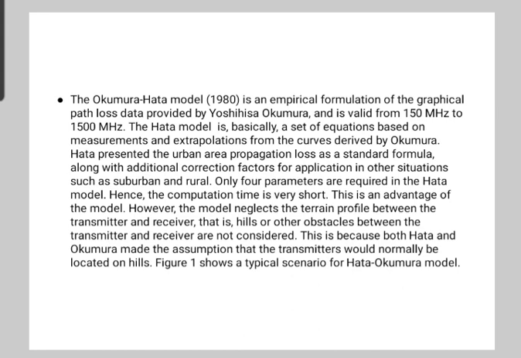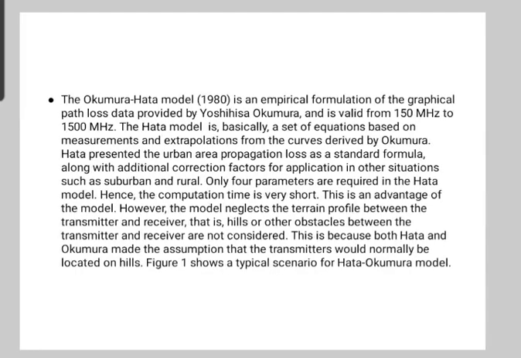Though based on the Okumura model, the Hata model does not provide coverage for the whole range of frequencies covered by the Okumura model. It does not go beyond 1500 megahertz, while Okumura provides support up to 1920 megahertz. It is suited for both point-to-point and broadcast communication, and covers a mobile station antenna height of 1 to 10 meter, base station antenna height of 30 to 200 meter, and link distance from 1 to 10 kilometer.